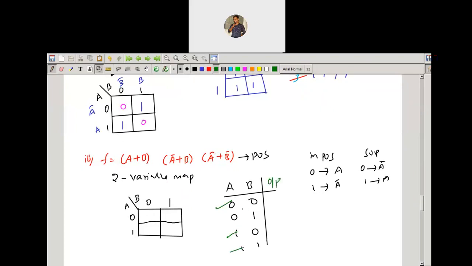That is the corresponding output. So for 0 0 output is 0. For 1 0 output is 0. For this output is 0. That is, it's given POS. So the function is written for the function to be logic 0, right? So it's a truth table. The remaining one is the min term, the output 1. Okay. So this expression you get: a plus b, a bar plus b, a bar plus b bar. Now come to the grouping.